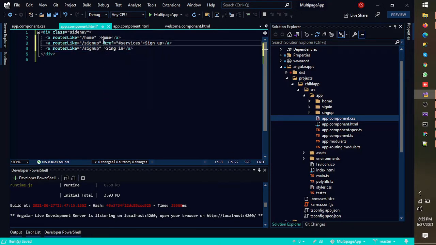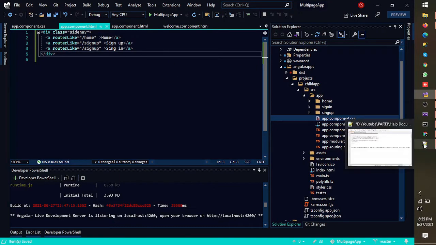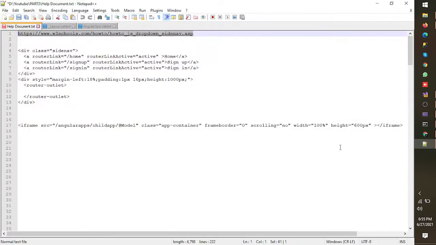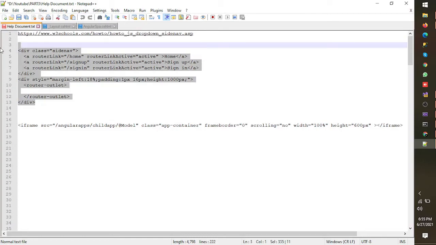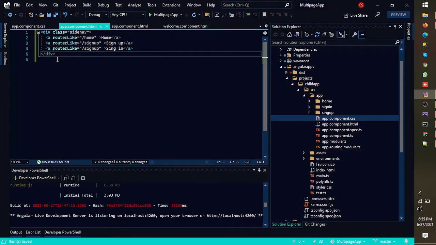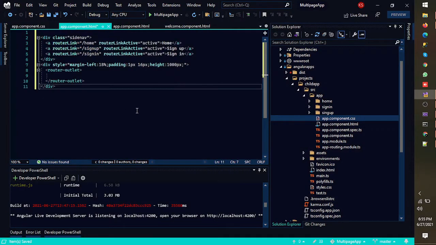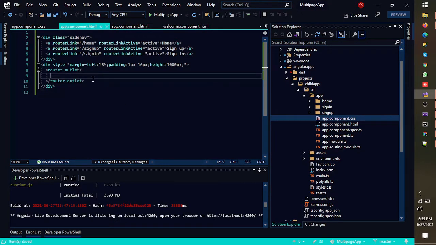We don't need href anymore. We have added the router link. We would also need router outlet div. So I am just copying it. Let's copy it whole because it is same that I have already written there. So yes, we have added the router outlet and home and sign up and sign in router links.